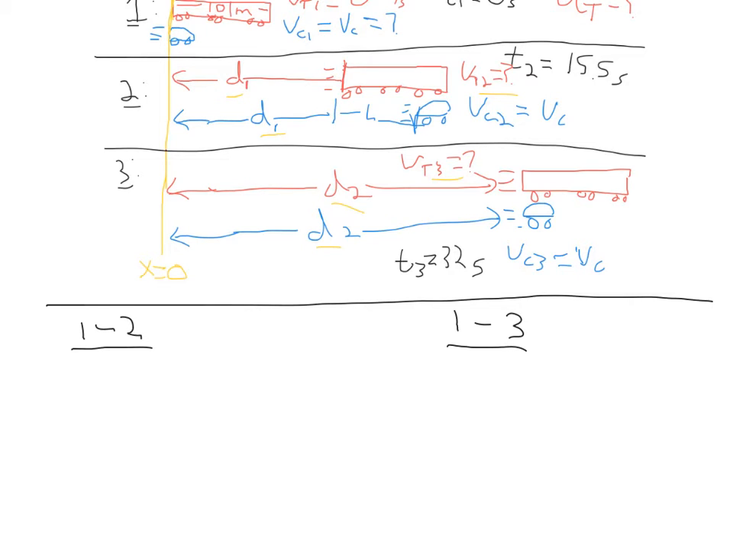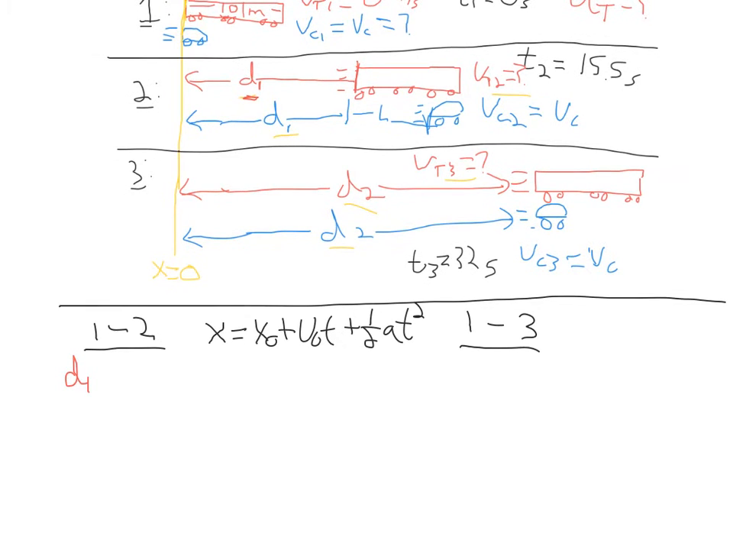But we're going to primarily be using our second equation of motion, which tells us x final equals x initial plus v initial times time plus 1/2 acceleration times time squared. Alright, so starting with position 1 to 2, and we'll start with the train, which I'll write in red. We know that the distance it travels from position 1 to position 2 in time is the distance d1,